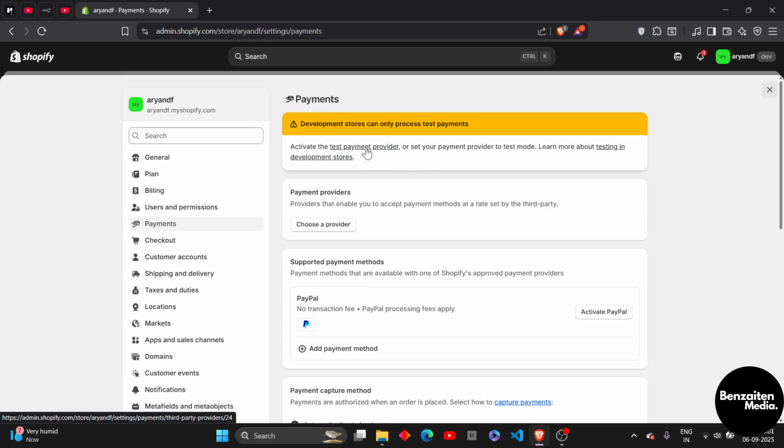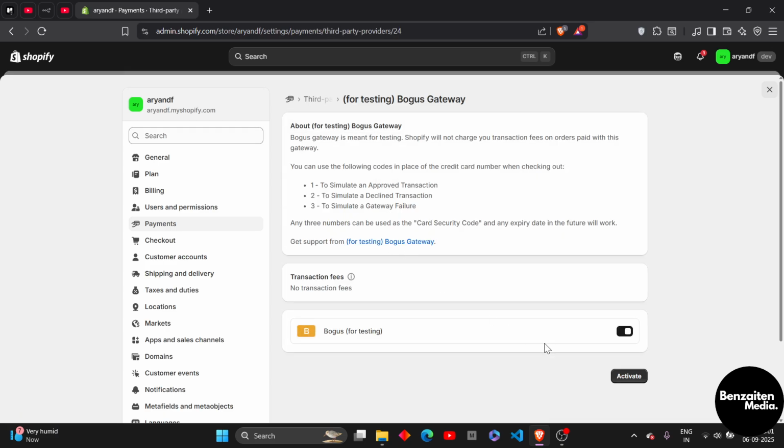If you don't see the option of delete, you can just temporarily deactivate your payment. As you can see, this is my test payment. You just simply need to click on turn this toggle off, and then the payment will be deactivated. So this is how you can temporarily deactivate or delete your credit card